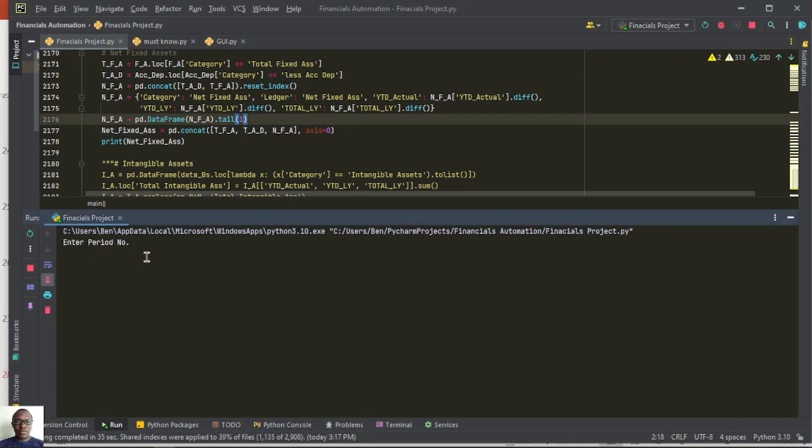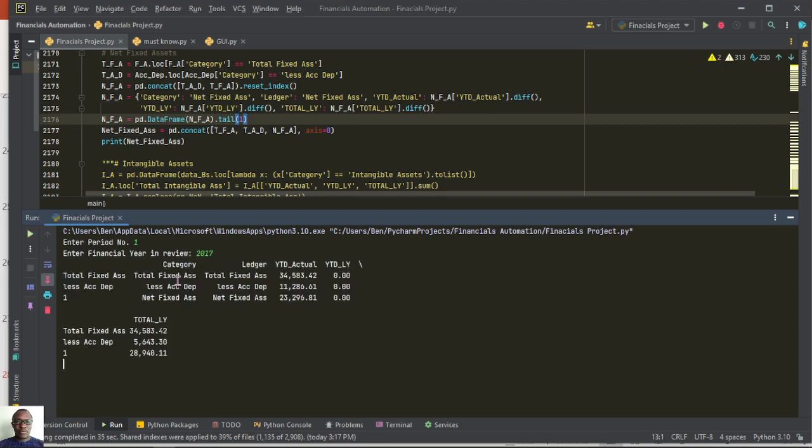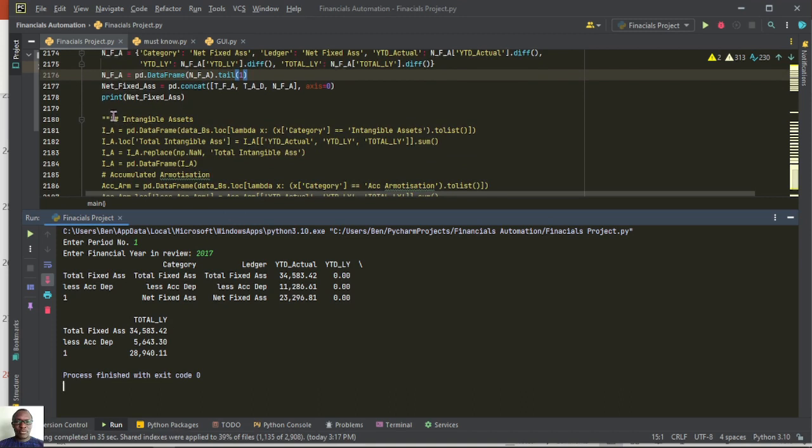So the period is period 1, financial year in review 2017. So this is what we have as our net fixed assets, where we have total fixed assets less accumulated depreciation, and then we have our net fixed assets down here. So let's move on to